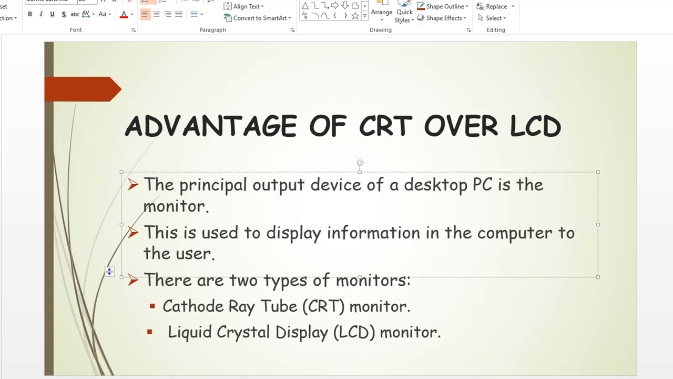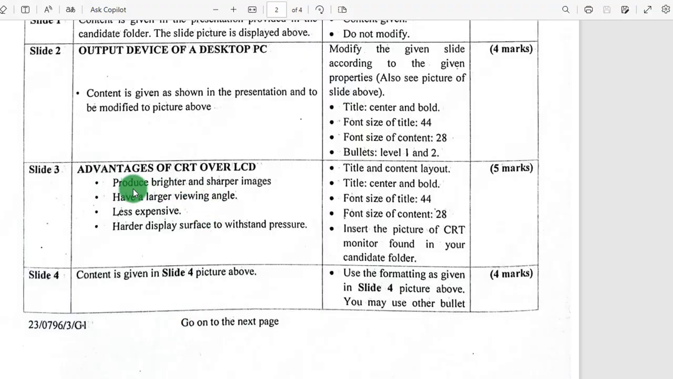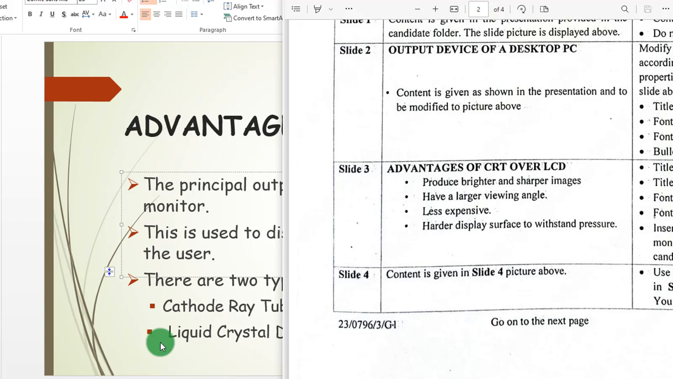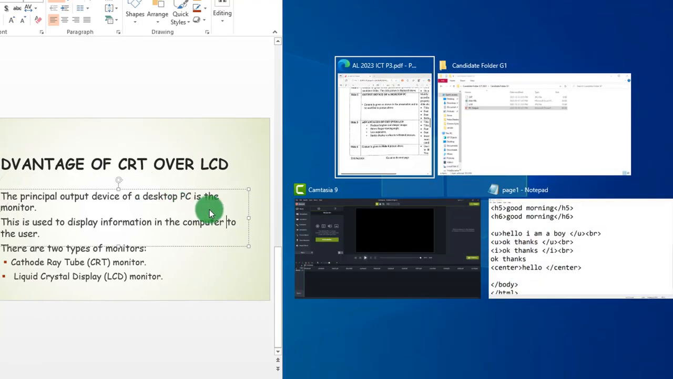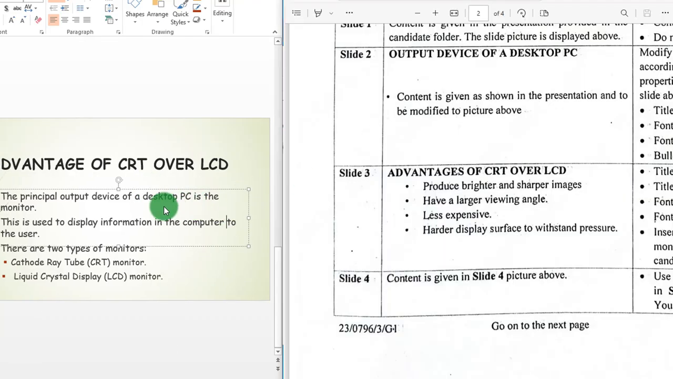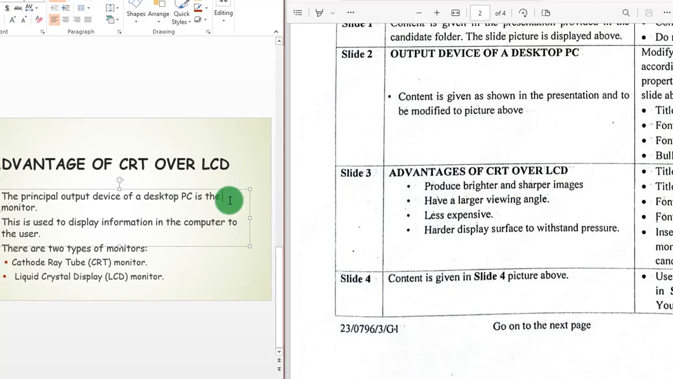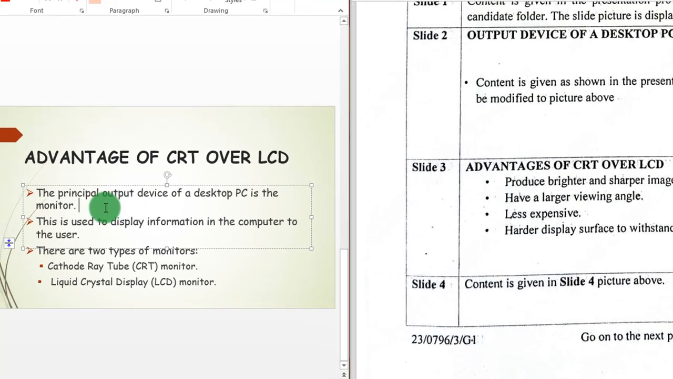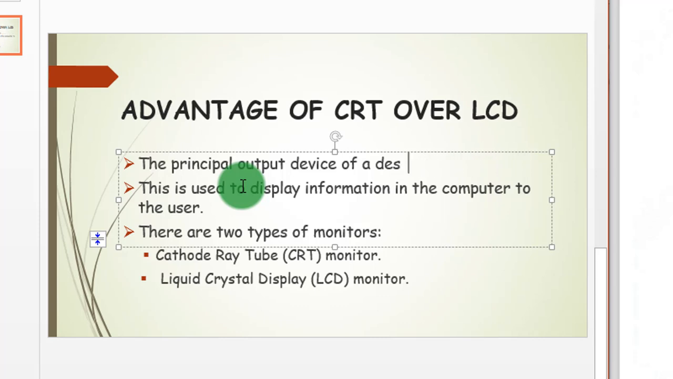Now the next thing is what? Their point form. So they say the first one is produce brighter and sharp image, have a larger view angle. So I'm going to type this fast to avoid wasting time. Good. So here I'm going to type the first point. So we are seeing how to type it. I'm just going to wipe and replace the old text. This is to save time in the exam. So the first point was